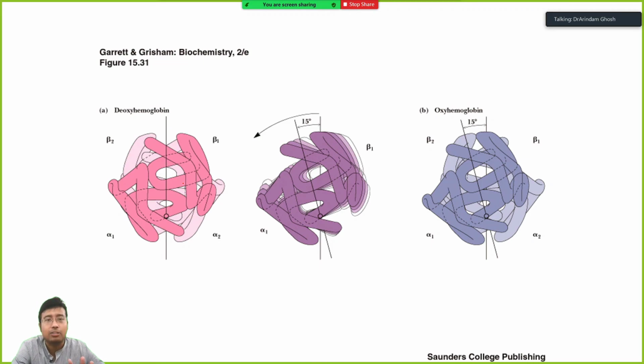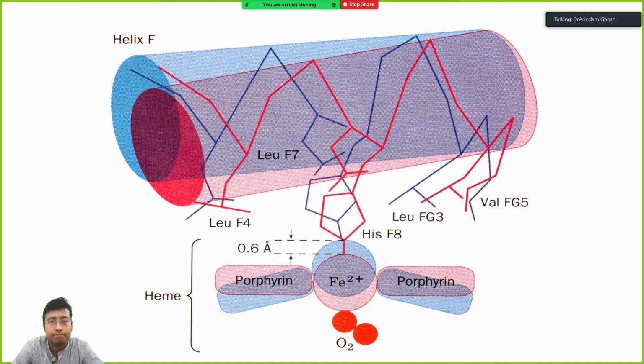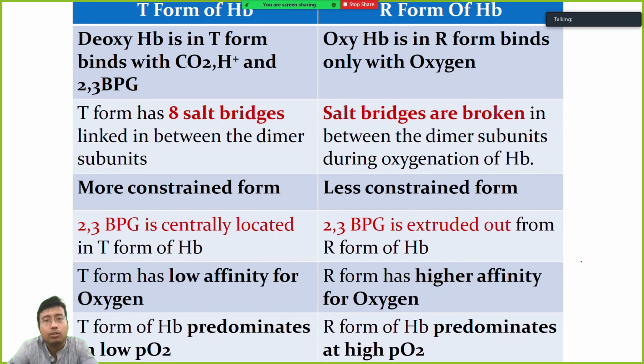So these are different textbooks. Different textbooks have different diagrams, but basically everything is the same. In deoxy there is no movement. Whenever oxygenation starts, movement gradually starts, and stops at 15 degrees when all 4 molecules are oxygenated. Okay, this is another diagram showing how oxygen pulls the whole thing. Originally it was like this, and whenever oxygen comes, it becomes a planar conformation. So depending on what textbook you are using, the diagram will vary. And this is the final slide for the day. Have a look once at what has been taught, tensed form and relaxed form. You can take a screenshot. Everything is there.